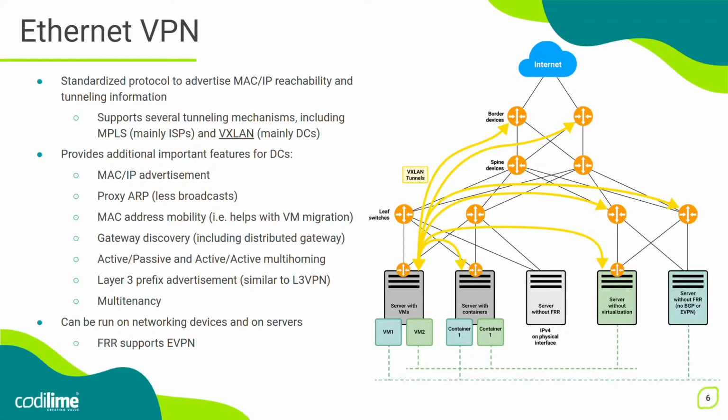Last but not least, BGP EVPN is an open standard. It's not limited to proprietary vendors or network equipment. It can be run on Linux, and one example of a daemon that supports BGP EVPN is FRR, the FRRouting daemon, and that daemon can be placed on machines that are hosting virtual machines, containers, Kubernetes, or be a bare metal machine itself. This all will be shown during the demo.